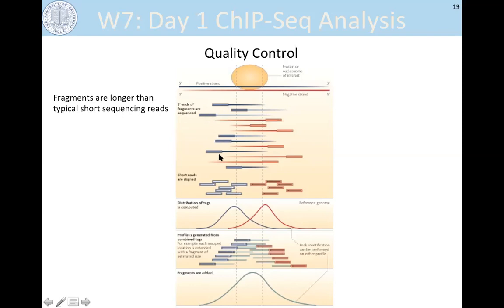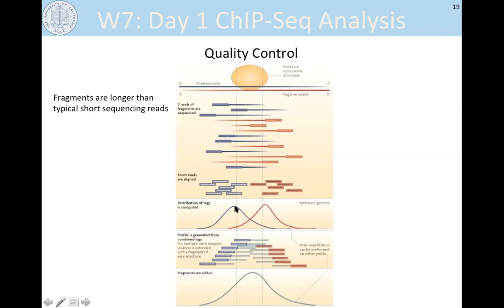theoretical pile up of the reads that are to the left of your binding site for the reads that align to the positive strand, and to the right of the binding site on the negative strand for the reads that align to the negative strand. And when you look at the distribution of these tags, the distribution for each strand will look like this, where